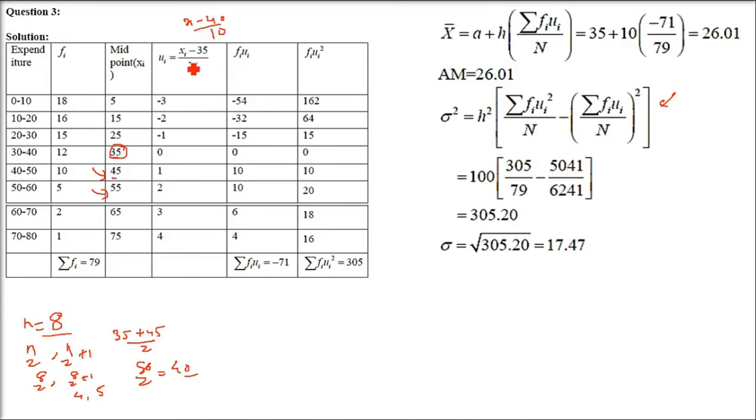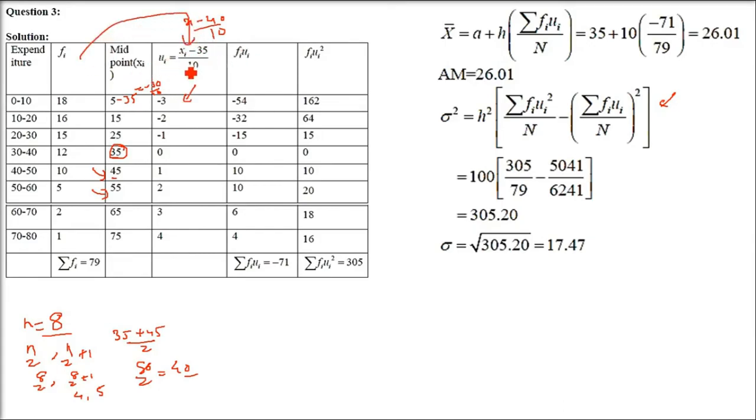Okay. So x minus 35 divided by 10. The 10 is just because we want to make it simpler. So 5 minus 35 is what? Minus 30. This is still a big number, so divide by 10, minus 3. Minus 3 is a simplified number. Okay. So 5 minus 35 is minus 30, and then divided by 10 gives minus 3.